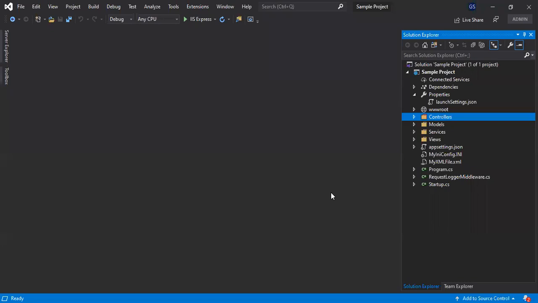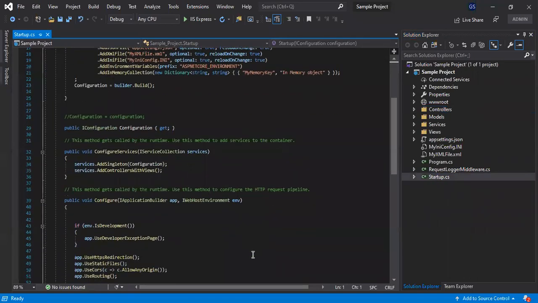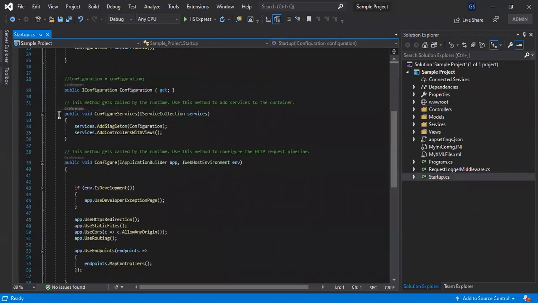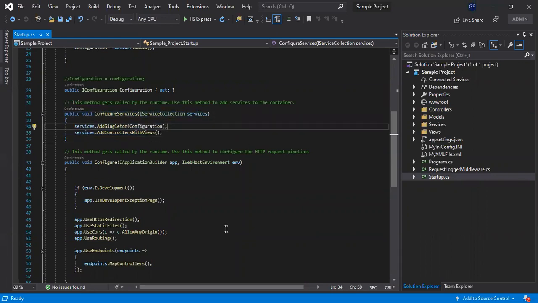Now we are in the project which we have created for this video tutorial series. Registering the service is done in the ConfigureServices method inside the Startup.cs file. If you see in the Startup.cs file, we have ConfigureServices and it is receiving the IServiceCollection. The ASP.NET Core framework includes an extension method for each type of lifetime.